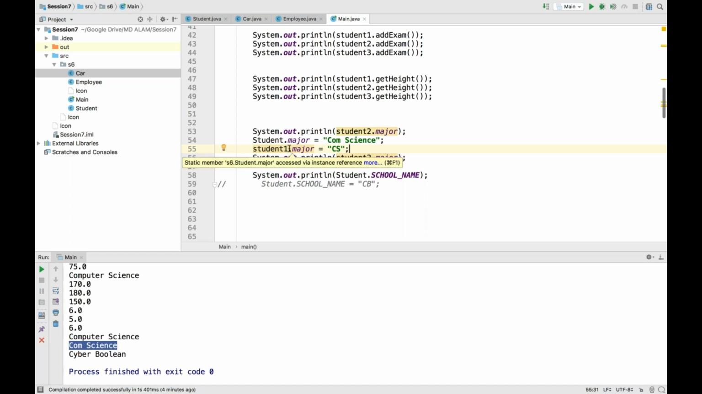Right? So, I mean, this is funny. Why am I able to do it, even though it doesn't make sense, because major is not related with student one. It's related with all the objects. If you do it by object, then you have to do it for two and three. But if you call the class, once you do it for one, it will get changed automatically. So if you see here, student one dot major equals CS, right? So if I print student